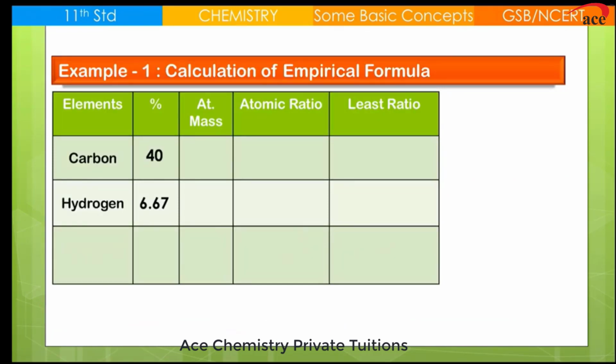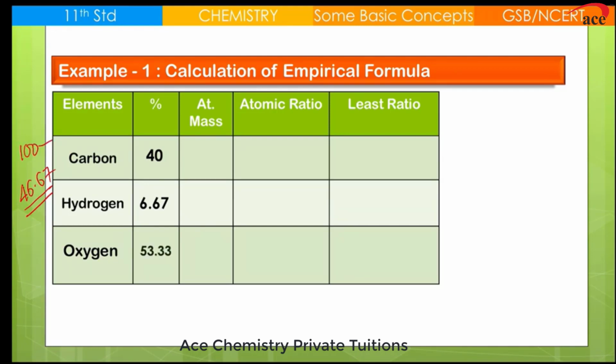So we are seeing one question. What is that question? Calculate the empirical formula if a compound has 40% of carbon and 6.6% of hydrogen. Now when this data is given, they are asking us to calculate the empirical formula. One of the easiest methods is to make a table. For MCQ purposes, you can make a rough table. Now when you get the percentage of carbon and percentage of hydrogen, add them. If you add, it is 46.67. Oh, it is not 100. If it is not 100, by default the remaining element for us is oxygen. And how to find out the percentage of oxygen?